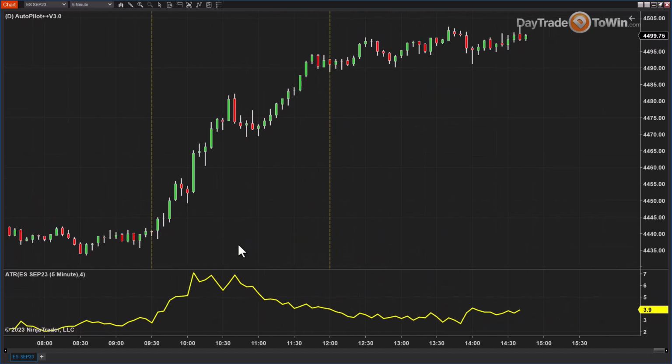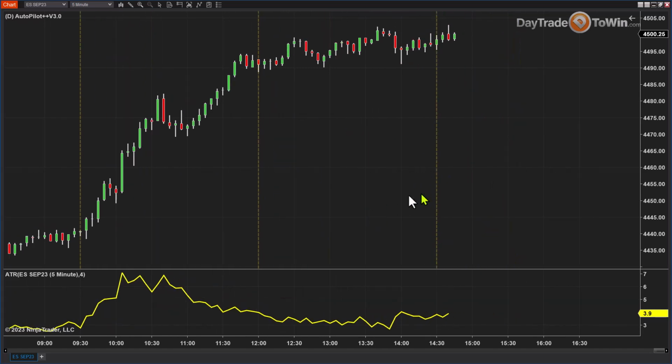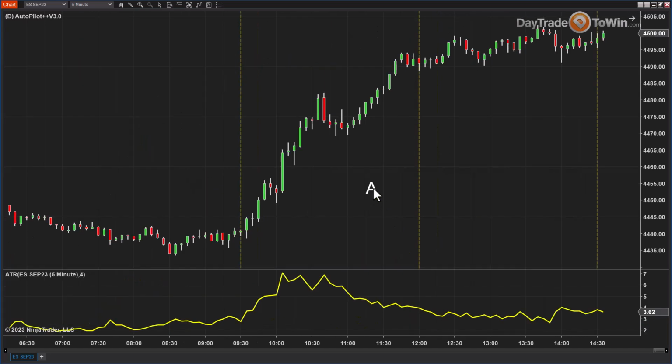And then as the market continues throughout the day, it's normal, it's typical. Unless there's a reason for more buying or more selling, the market usually gets a little bit slower. So here we have another section of the day. Now each section is 2.5 hours. So we're isolating the opening up until noon, from noon until 14:30, right over here, another 2.5 hours. And so this would be considered the A part of the day,